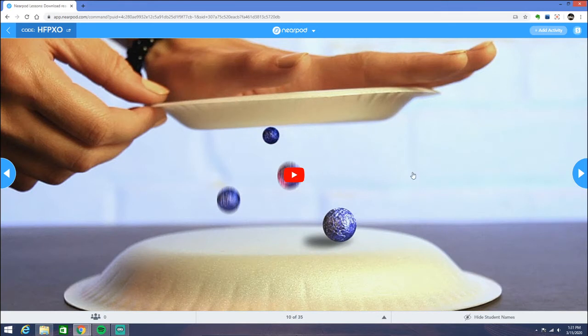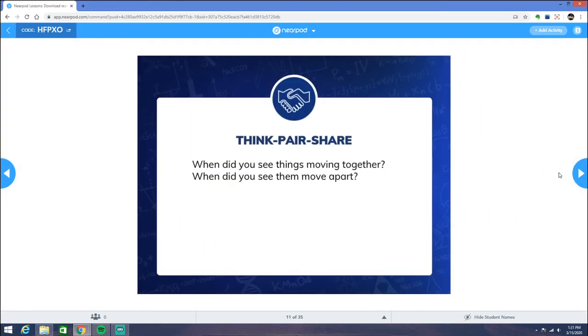Here's a video. It's a cool lab, a cool activity that you can try at home. You don't really need everything. Just get two styrofoam plates. Watch that video. It's pretty interesting. You can make a styrofoam plate hover like it's floating in the air. It's pretty cool. So you guys need to think about that.